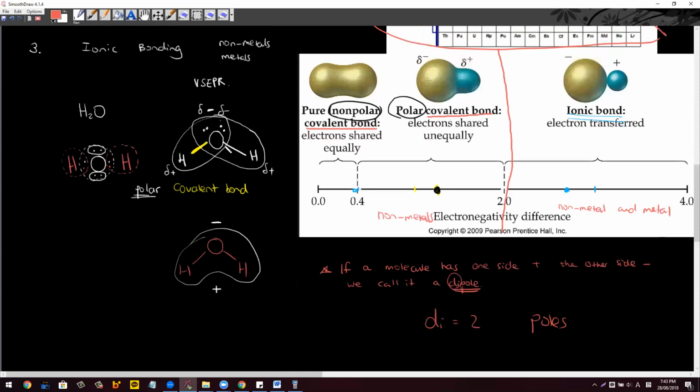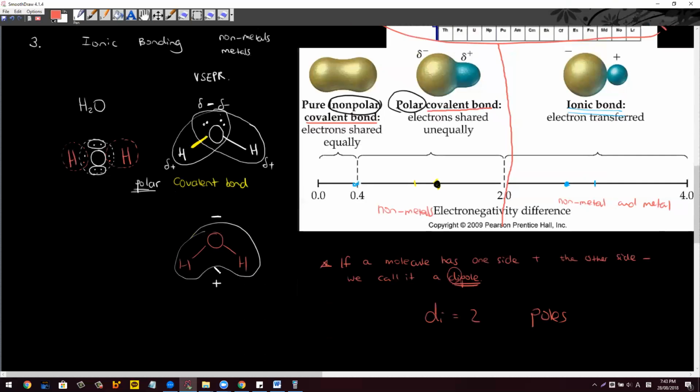Of course, you may argue, oh, there's a negative there, positive there, and there's also positive there, and there are 3 poles. You can say that, but this positive here and positive here will combine into just 1 pole. Okay, so this can be considered as a dipole. So why is this important? Because